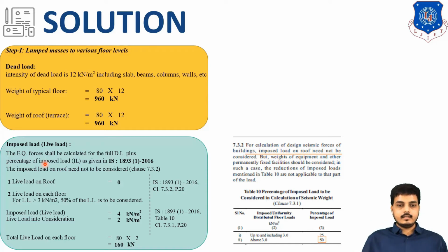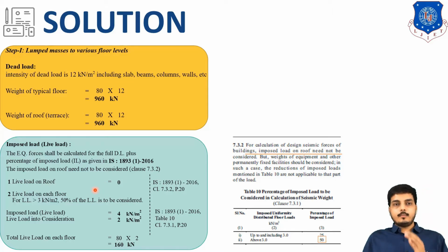So what that is, we will be looking. Now one more important line: it has been mentioned that during an earthquake, it is not considered that there is live load on the roof. It has been considered that there are no people, or no live load present at the roof. So the imposed load on the roof need not be considered. It is clearly mentioned in clause 7.3.2 that imposed load on the roof need not be considered. That's why dead load has been separated, because live load we need to calculate separately. So live load on roof is directly 0 because we are not considering it.